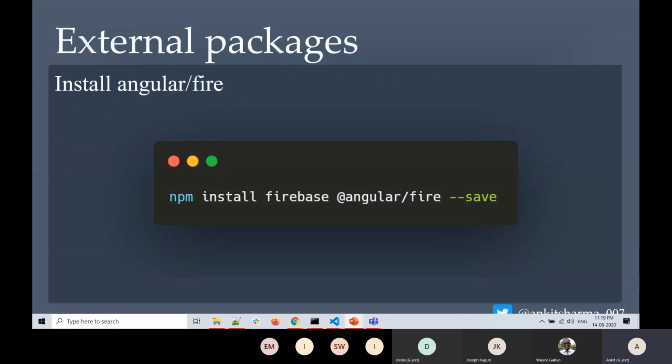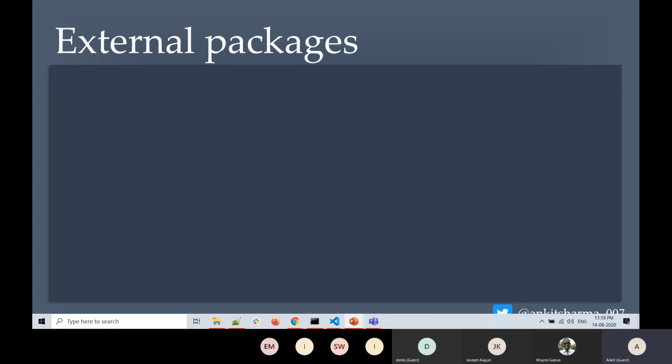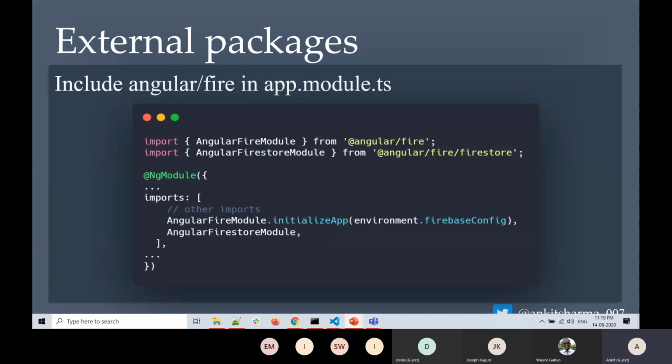Since we are using Firebase, we have to install some packages. One of them is Angular Fire. The command is mentioned here: npm install firebase and @angular/fire. Once you install that package, you have to include it in your app.module.ts file so that it will be referenced. You have to reference AngularFireModule and AngularFirestoreModule, since we are using the Firestore database.